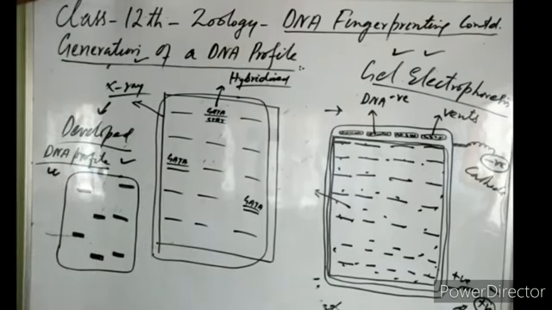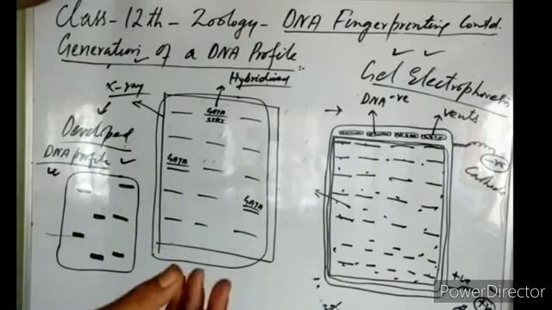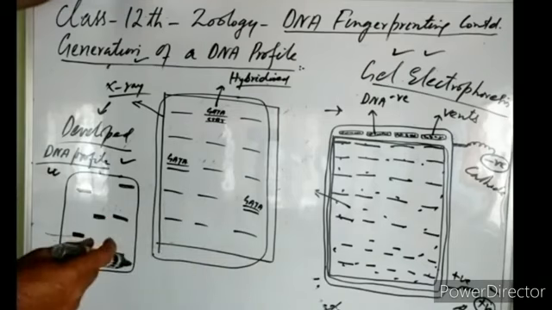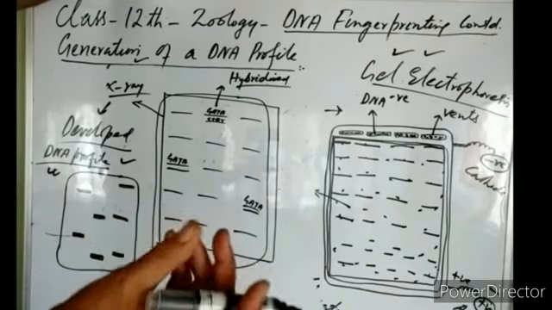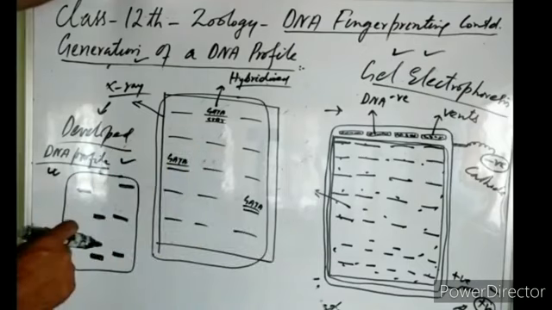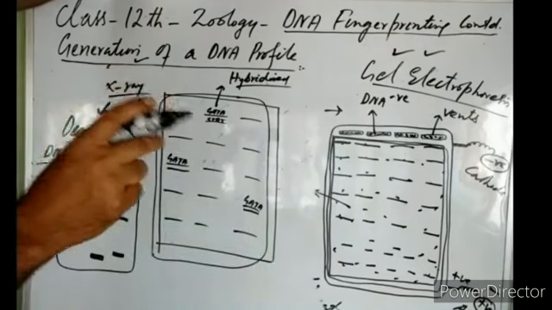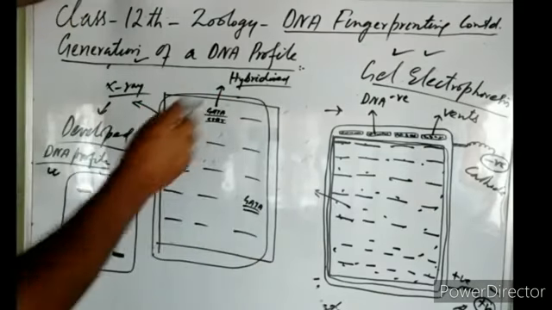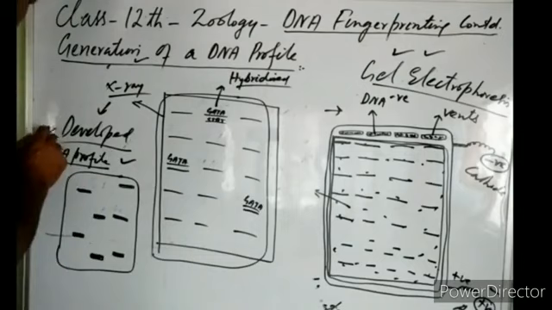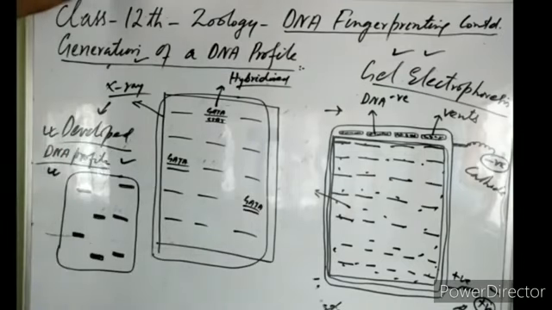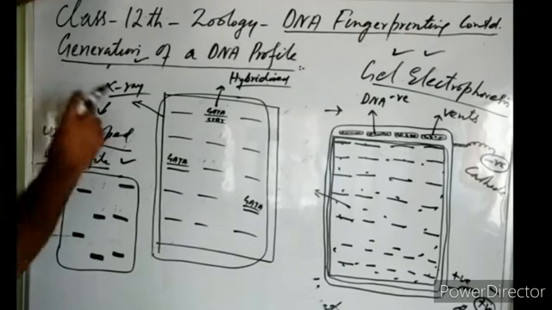So how do we use it in solving legal disputes or criminal cases? Suppose a crime had occurred at some place, right? Forensic scientists rush to that spot. They collect samples from there. They look for blood, semen, sputum, any hair follicles. So if they get any blood or semen, they extract the DNA from it. Then that extracted DNA is subjected to this whole process. They make a DNA profile from that sample. They keep this DNA profile with them.